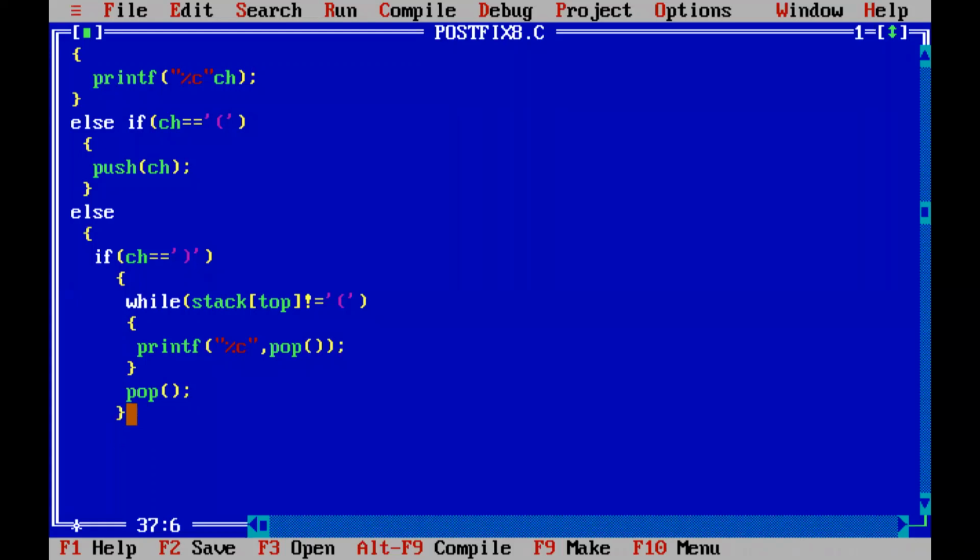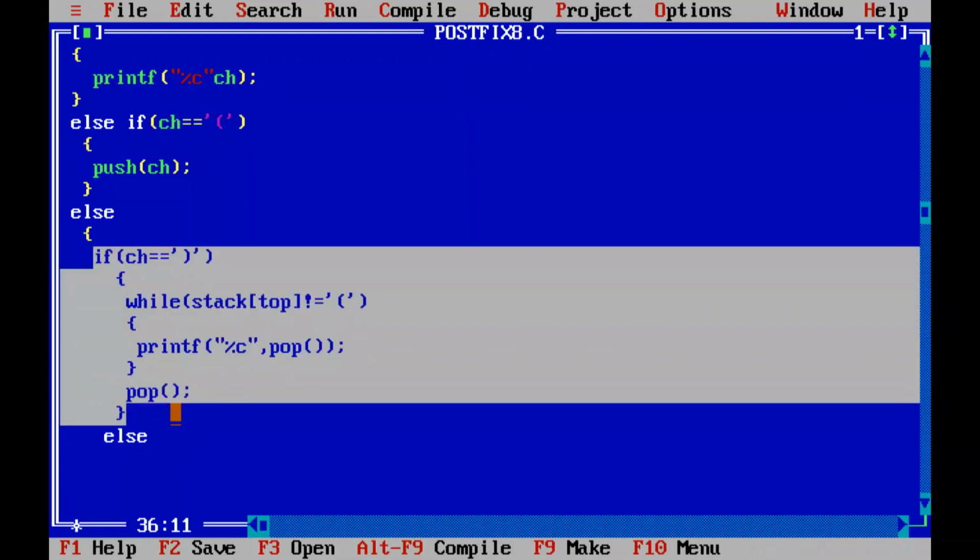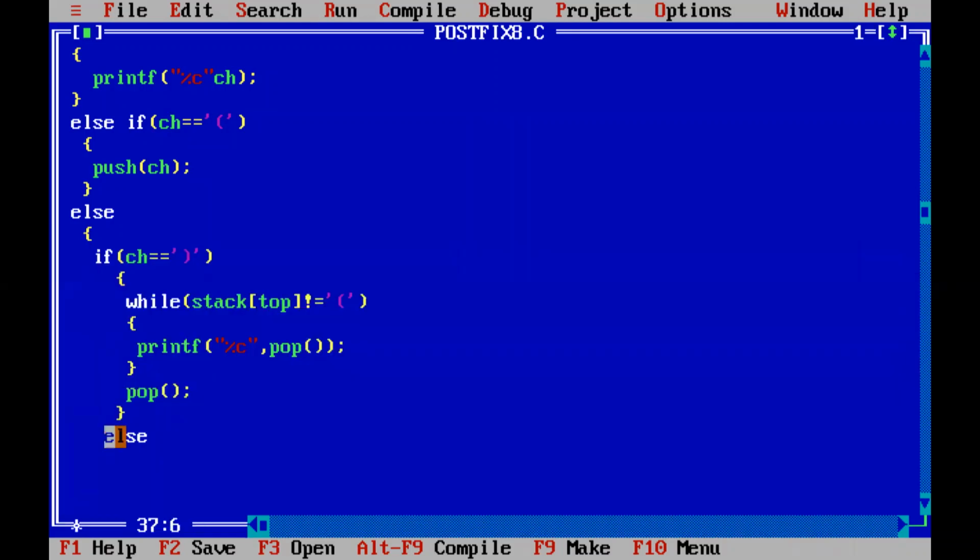We have dealt with the left parenthesis and operand and right parenthesis. Now, what else is remaining? Our main thing, which is an operator. So we are giving in the else part of this if. Got it? This is one if statement. For that one else statement, we are going to give. So this is coming in the else part of the main, the upper if statement which I had given.